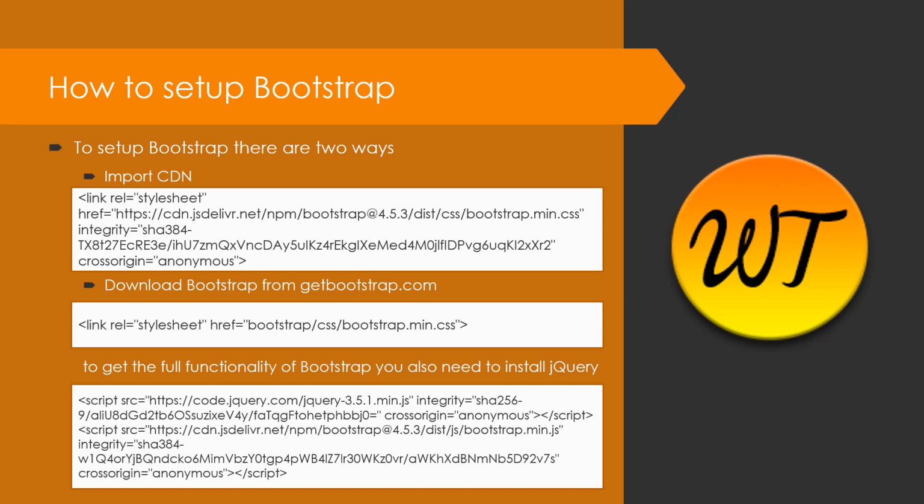Under the dist folder, you'll have the CSS and JavaScript. To make Bootstrap work with full functionality, we have to use jQuery. So in this slide, I have clearly mentioned how to use the CDN, and I gave the CDN path. And to work with fully functional Bootstrap, I have given the JavaScript and jQuery CDN path also.